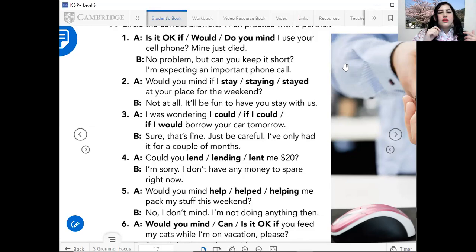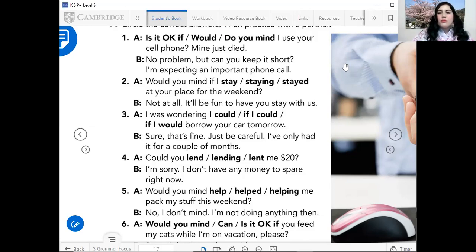So it could be, do you mind if I use your cell phone? That will be correct, but we don't have if, so that's incorrect. The correct answer will be, is it okay if I use your cell phone? Mine just died. No problem, but can you keep it short? I'm expecting an important phone call.